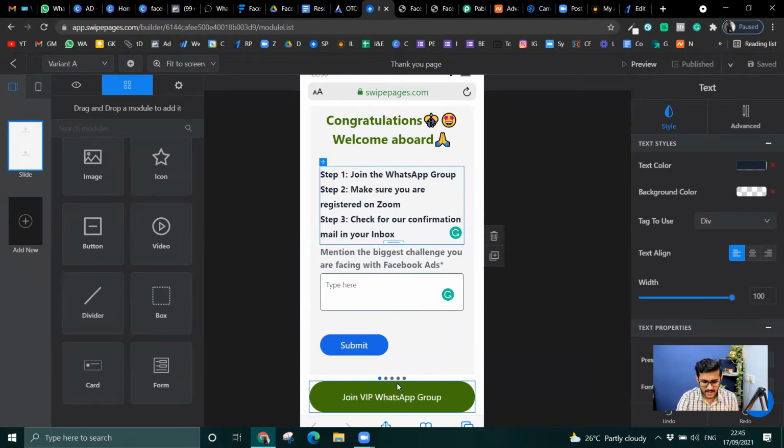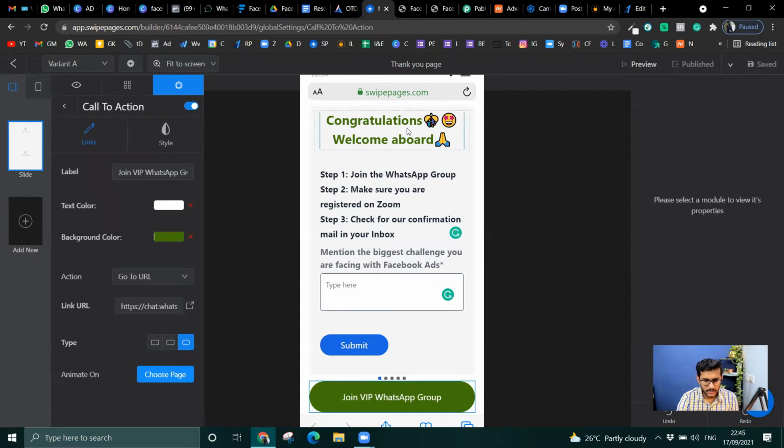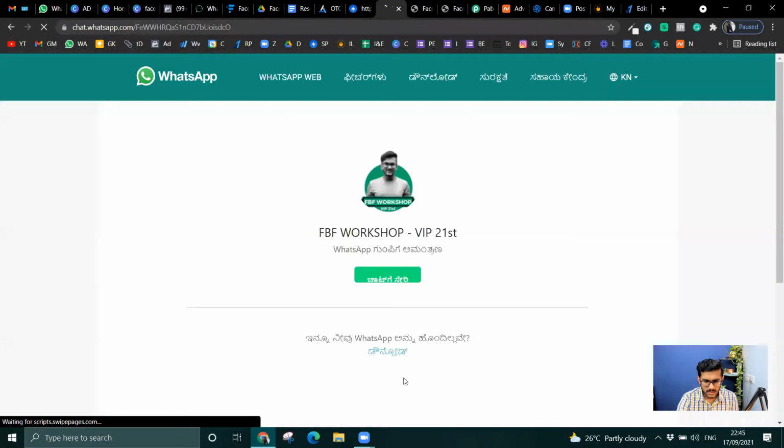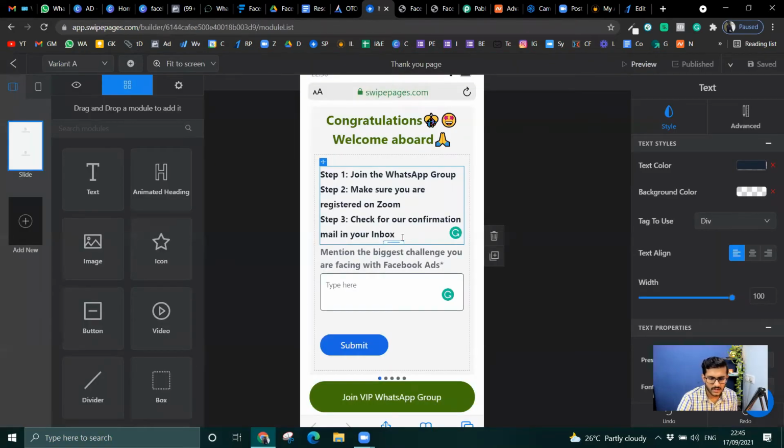Now this much is done. We have our group, everything ready. I'm just going to check the link once again. So let me just go to preview and see if this works. Okay, VIP 21st. Yes, it is working. This is something I missed giving to people. I wanted to give the date and time and everything. So I think this is okay because this will serve as a single ad even if I'm planning to run it in the future. So that is okay.